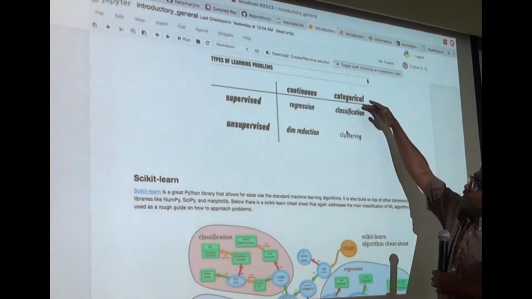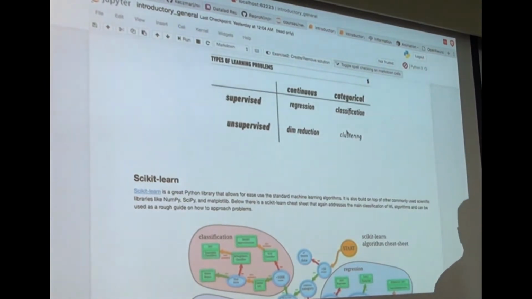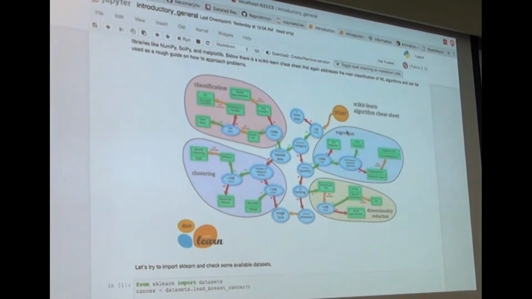So what we're really looking at is this: continuous and categorical refers to the target of your method. The supervised and unsupervised refers to the method. And in this Python world, Scikit-learn is one of the more popular packages in the non-deep learning side of the